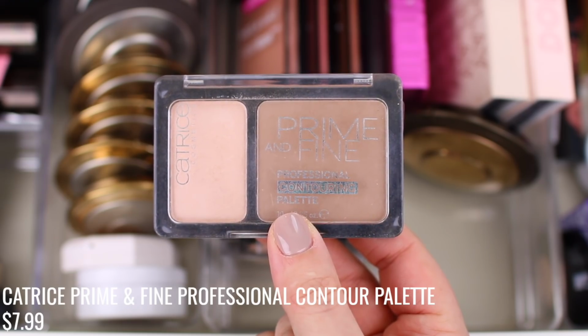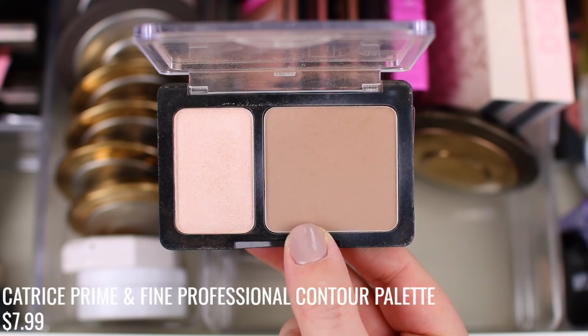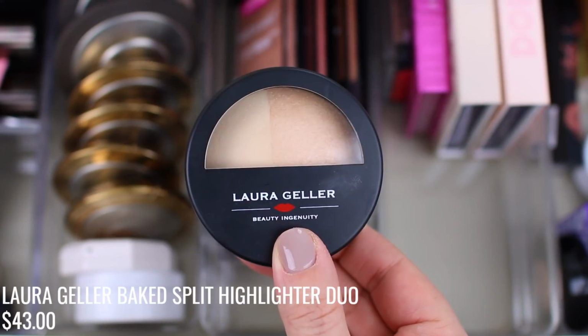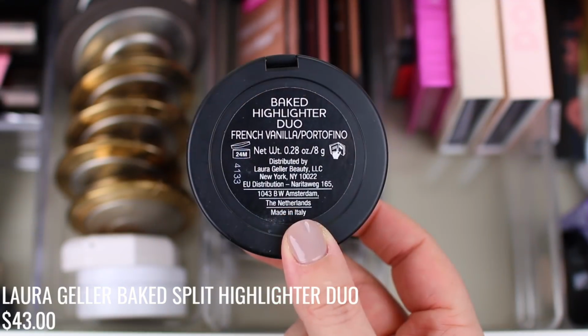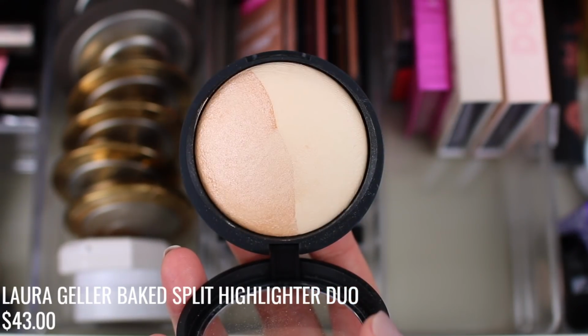It's my Catrice Prime and Fine Professional Contouring Palette because it is the contour kit that I'm trying to use up this year, so it's really the only one that I've been using. And then a couple of highlighters that I'm adding in. This one is from Laura Geller. It's one of my favorite highlighters ever, but I feel like it kind of got neglected during the winter time,